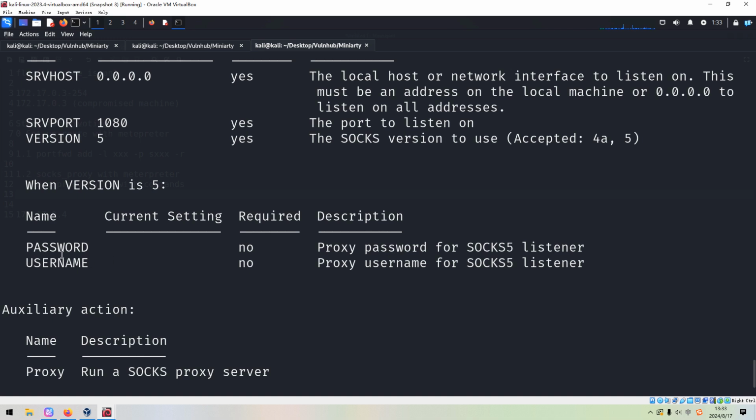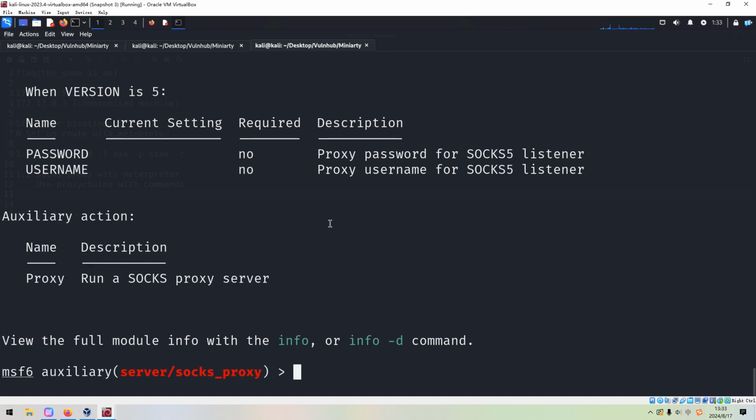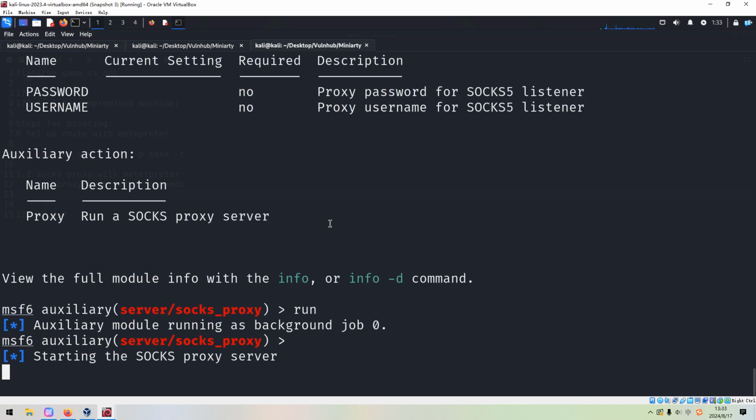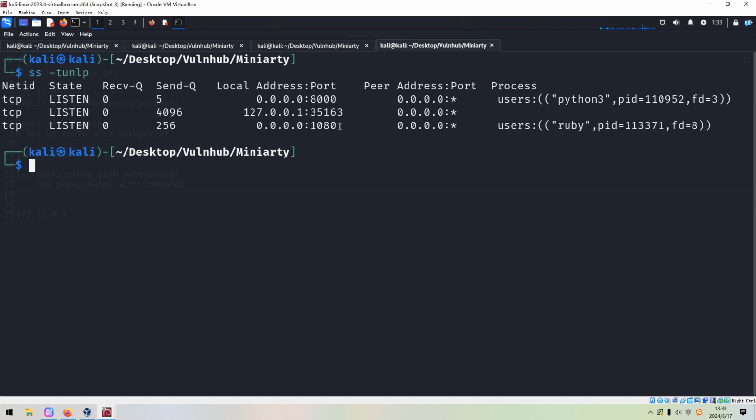We do not need to set the username and password, and this is the port number used by this socks proxy. So now we just run it, and the socks proxy server has started up. We can open up a new tab, and if we use the ss command to display active port numbers on Linux, as you can see, this port number is listening, waiting for connections.